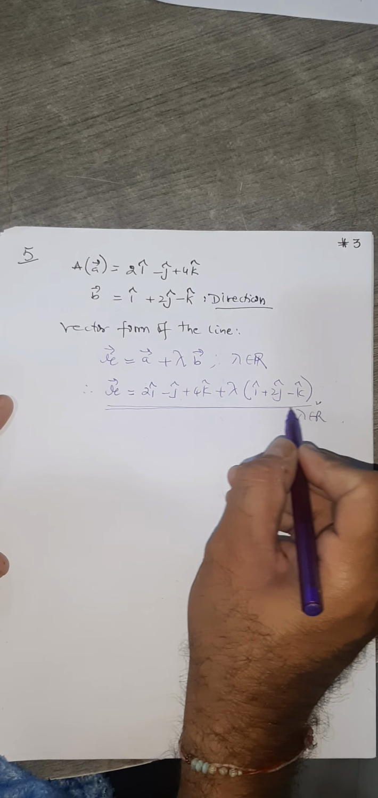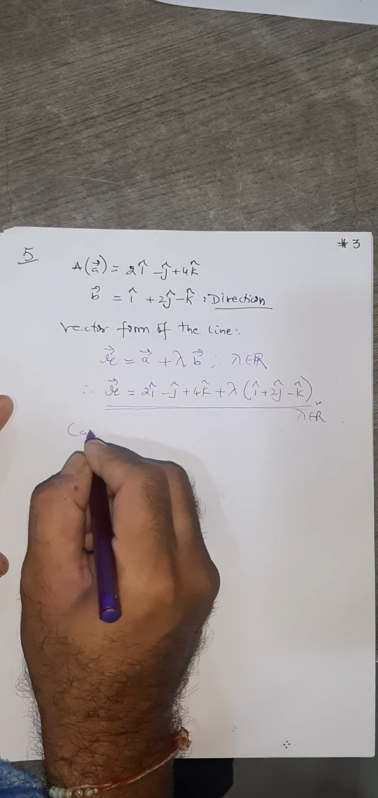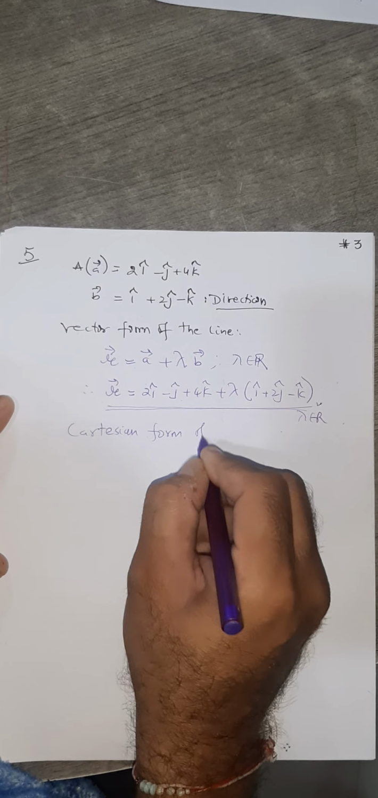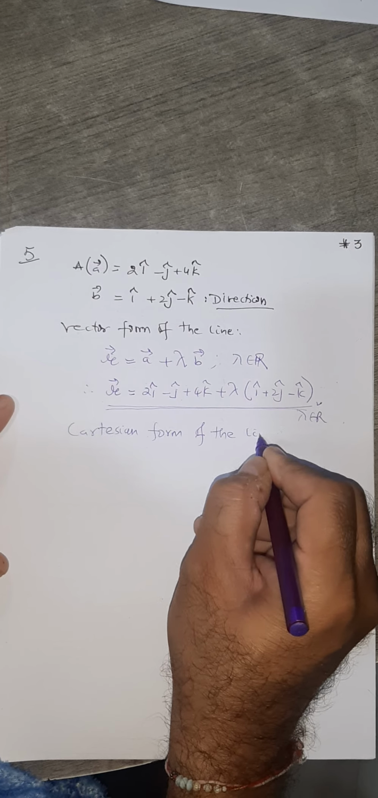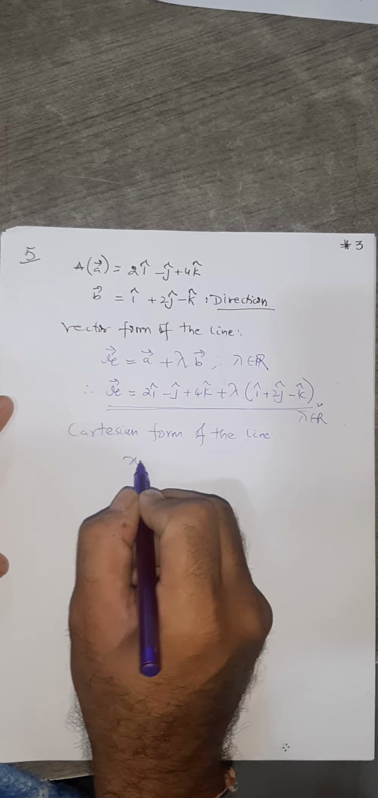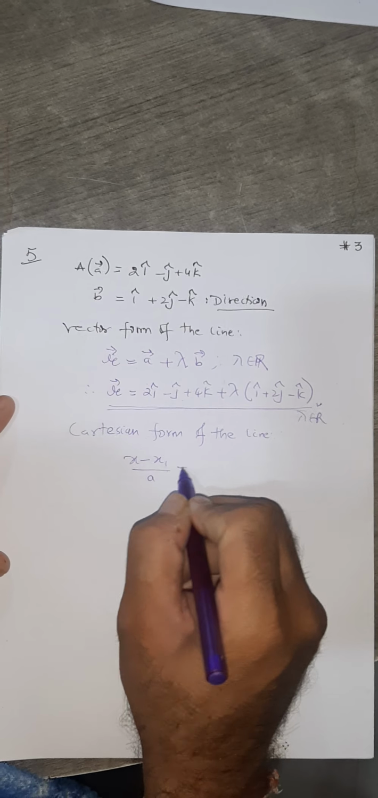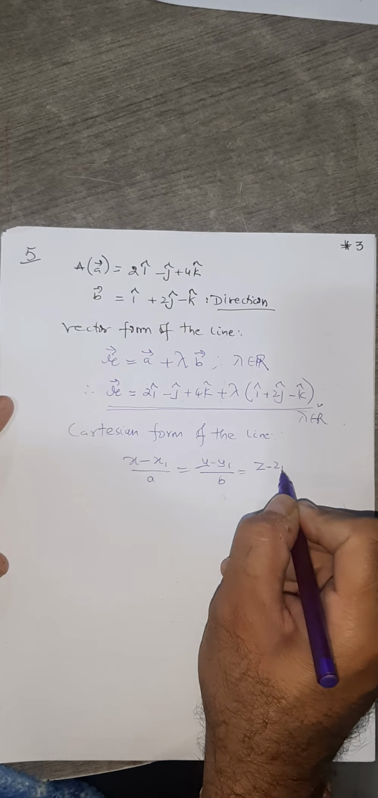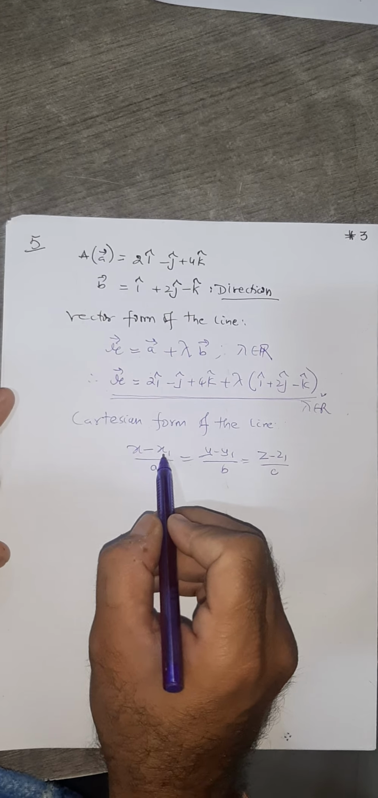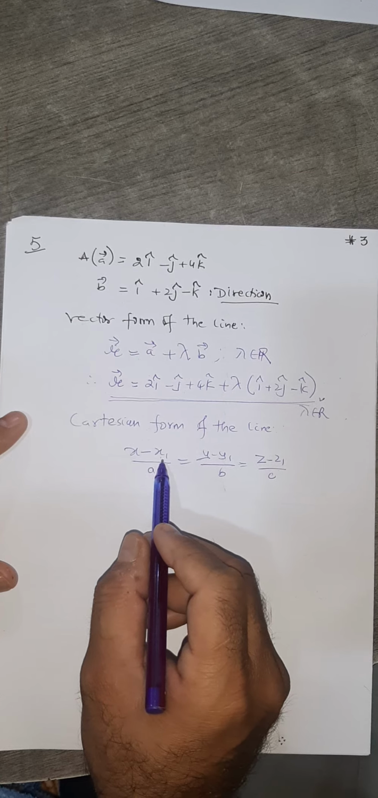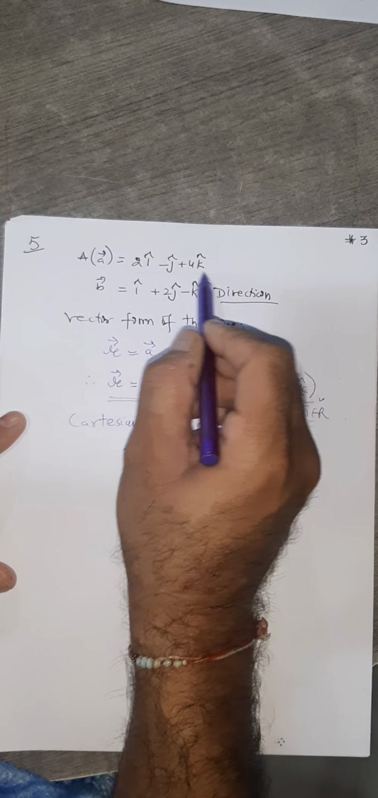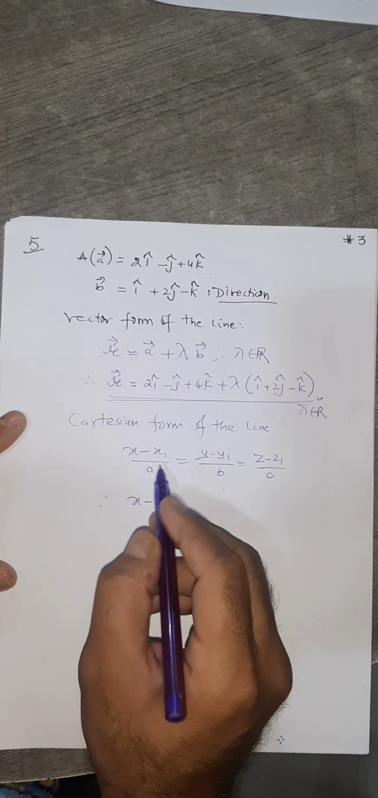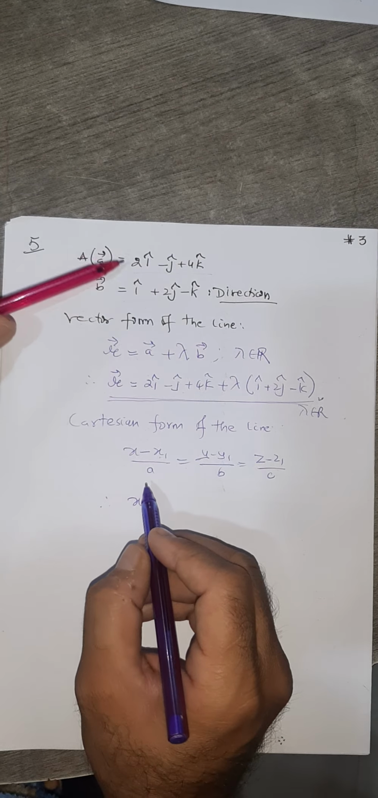Now here you are also asked for the Cartesian form. So the Cartesian form of the line. Let me just write that form: (x minus x1) by a equals (y minus y1) by b equals (z minus z1) by c. What are x1, y1, z1? These are the components of the fixed point. What are the components here? 2, minus 1, 4. So x minus x1. What's x1? You can see, which is 2 here,